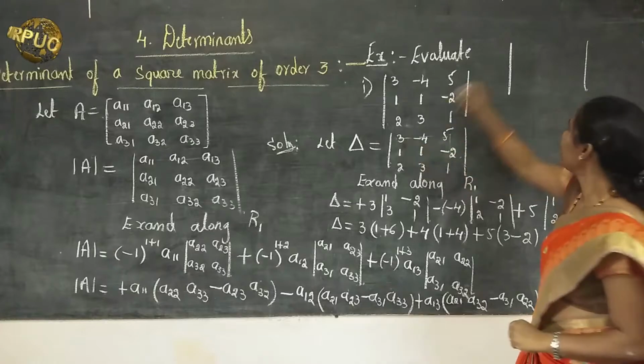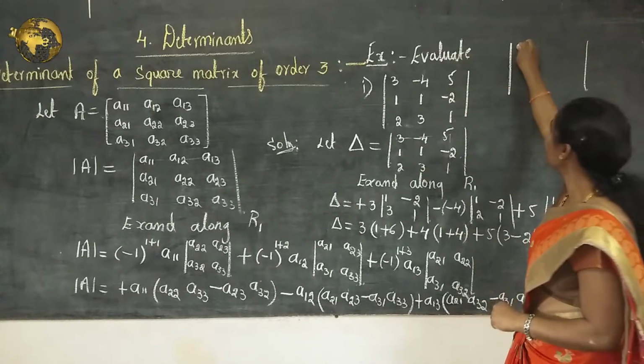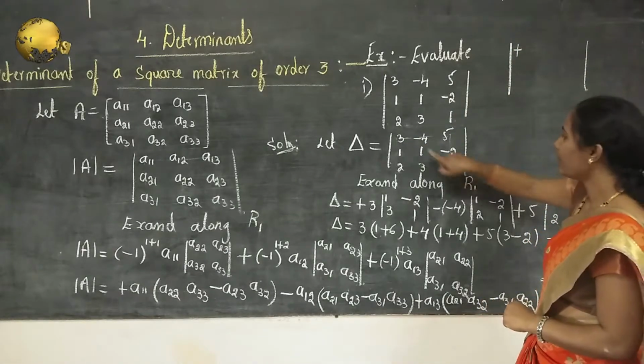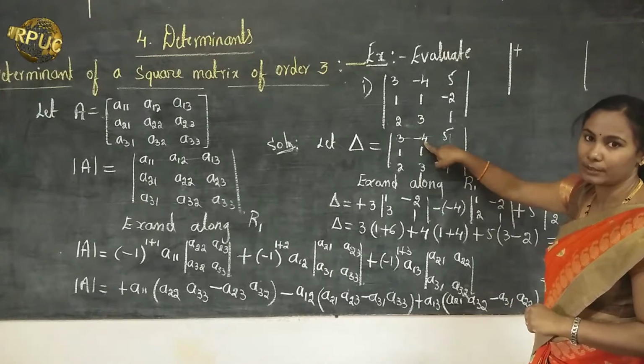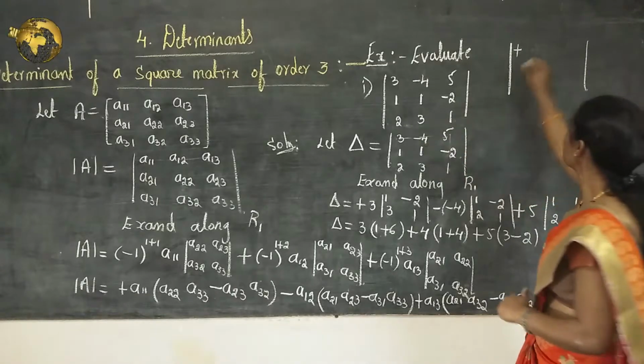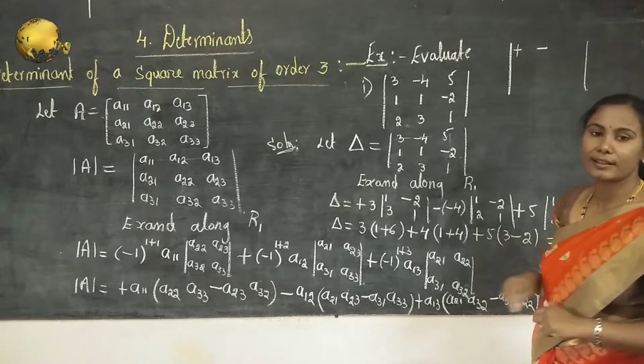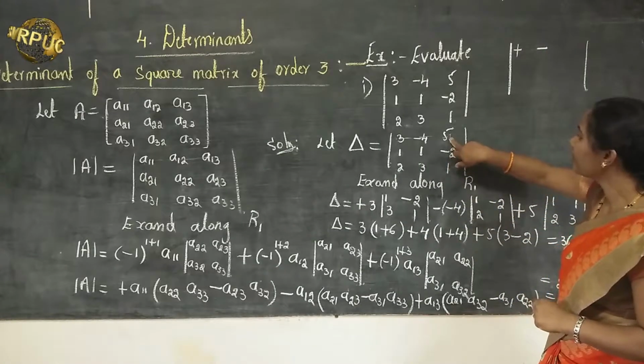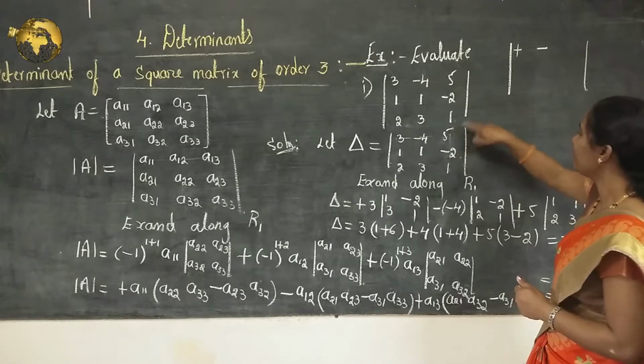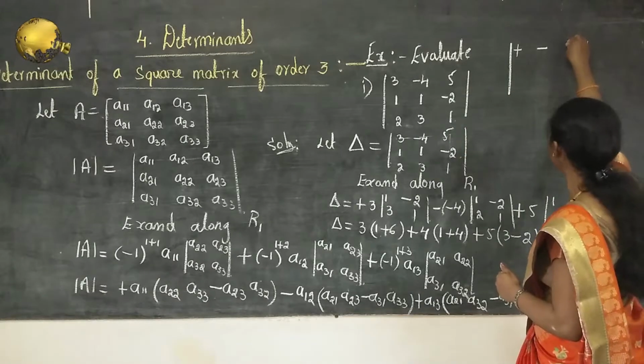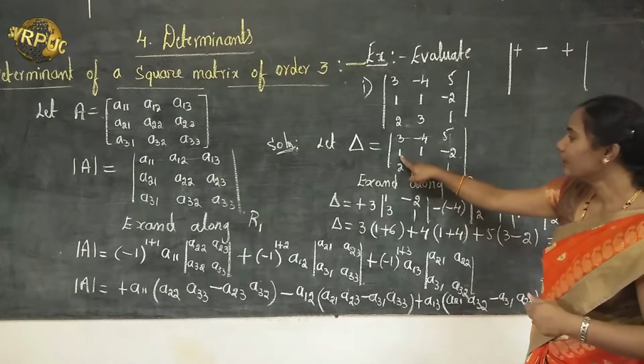See here, 1 1 means it is an even number. We can fix a plus sign. Okay. So then here 1 2, that means first row, second column, so we will get an odd number. Then we can fix a minus sign. And then it is 1 plus 3, it is 4, so again even. So it is plus. Like that.